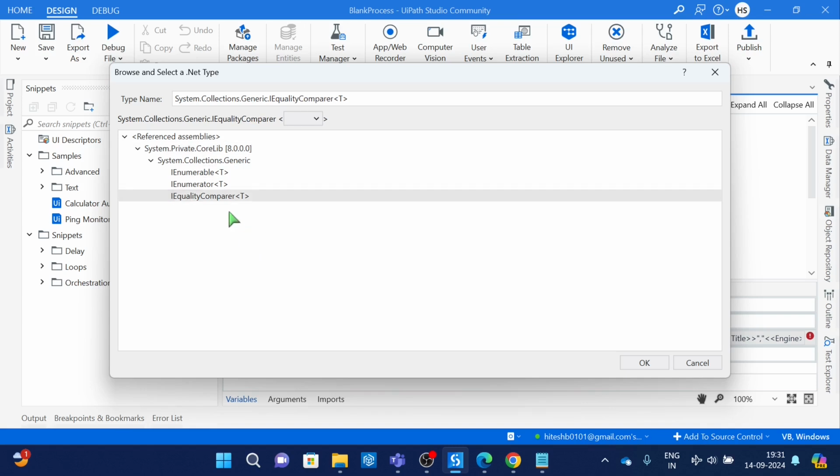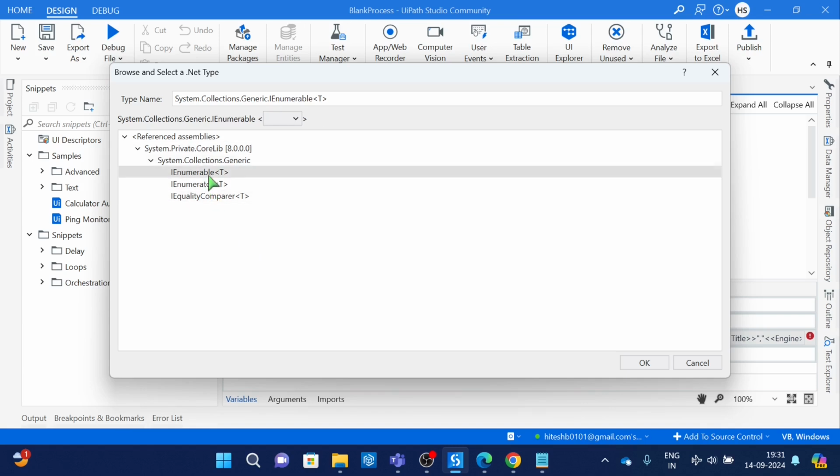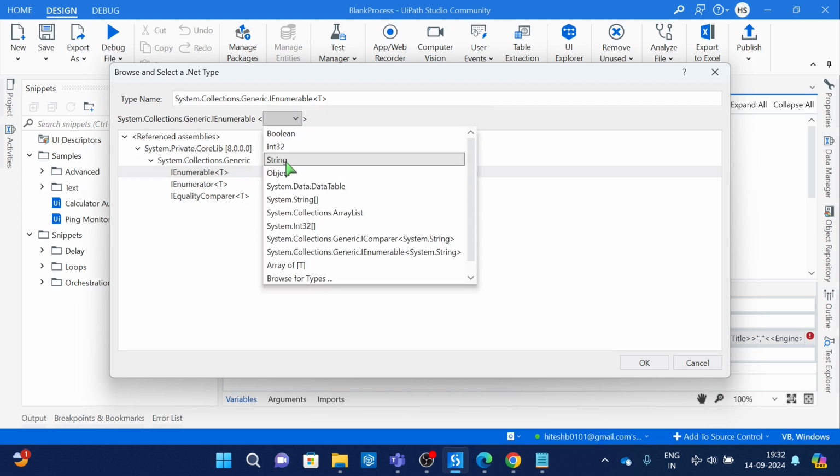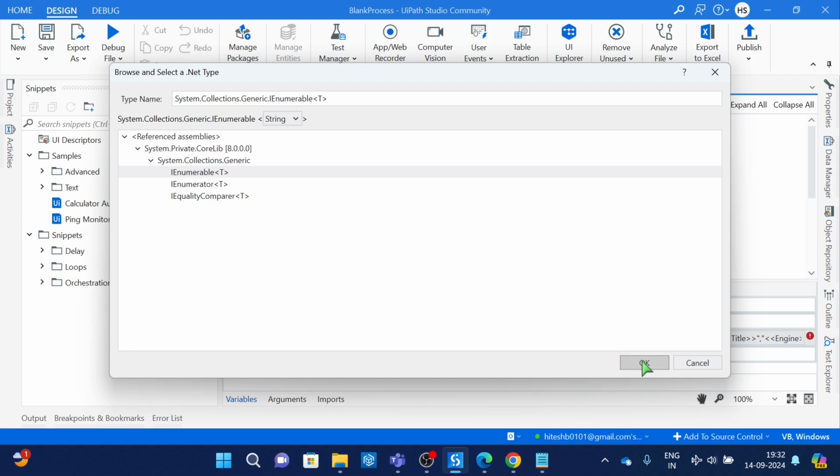And then once you select enumerable, you have to select the type, like which this is your type. When you click OK,